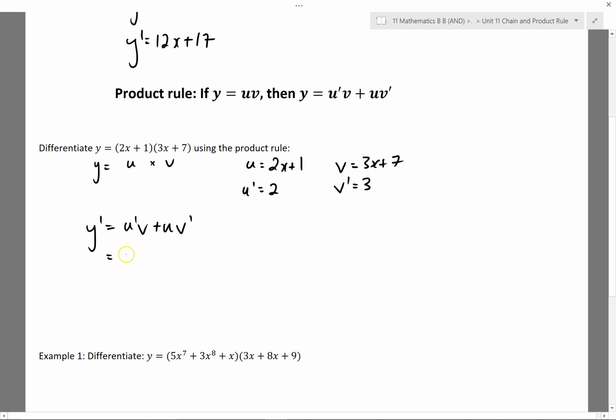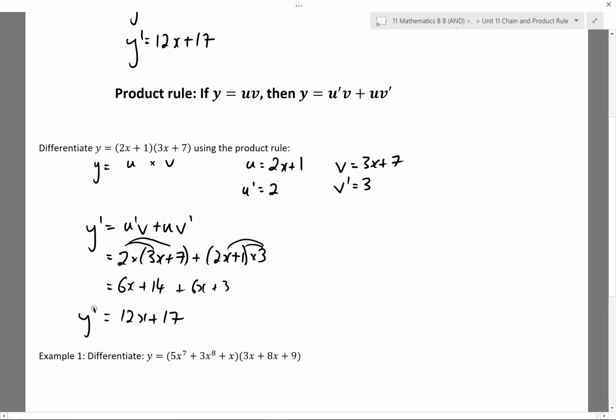So u dash is 2 times v, which is 3x plus 7, plus u, which is 2x plus 1, multiplied by v dash, which is 3. Okay, I probably just leave it like that, but I could also expand and simplify. 6x plus 14 plus 6x plus 3, which will get me 12x plus 17 as my derivative, okay, which is